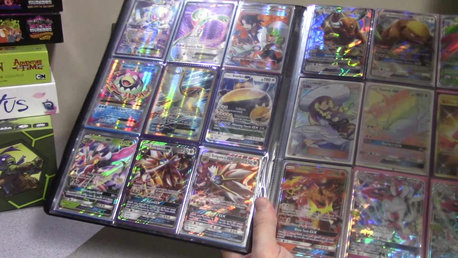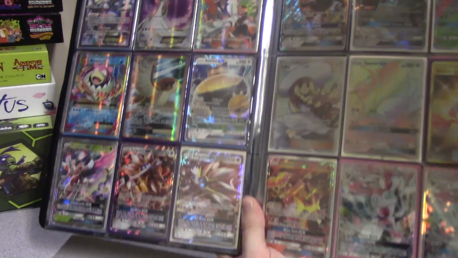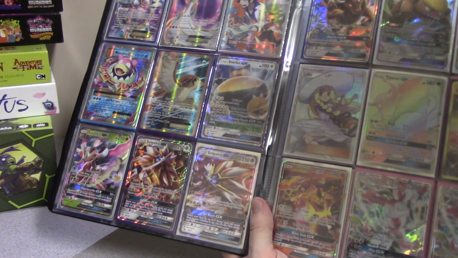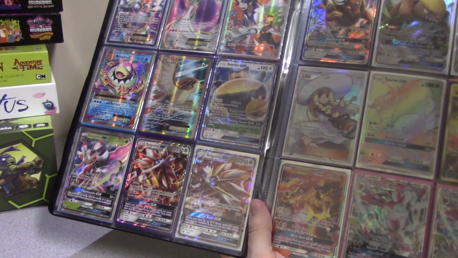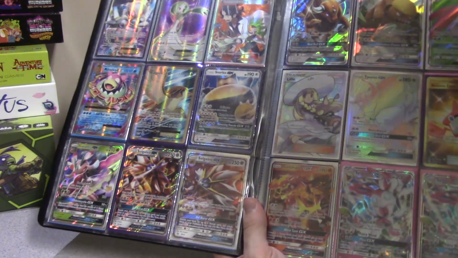Snorlax GX is first, just because it was the first GX ever printed. It was the first Black Star promo GX that we ever saw. I remember seeing the box in GameStop, picking it up, and I absolutely loved it. I wish I still had the, I think it was Star hollow print that they came with. It came with the classic Star print Snorlax that you could play, because it was basically meant to be included